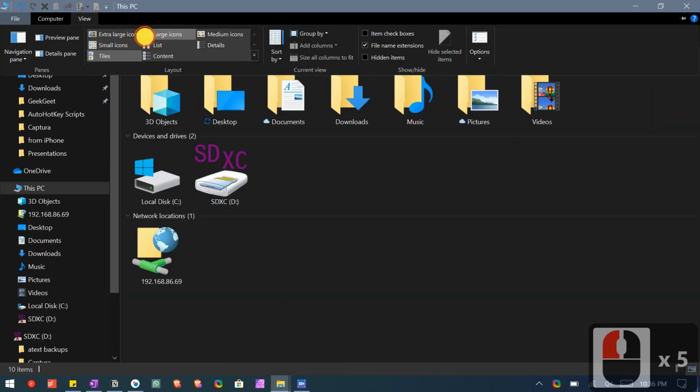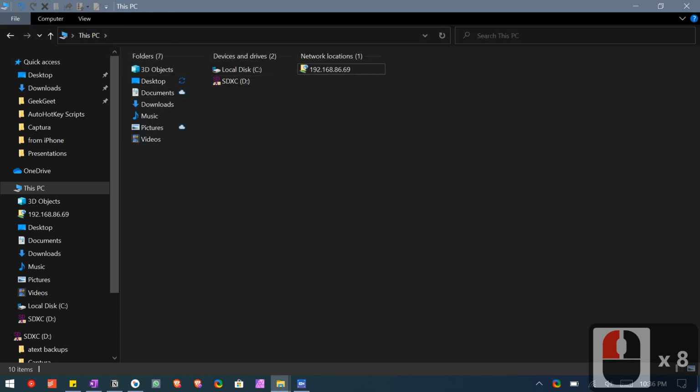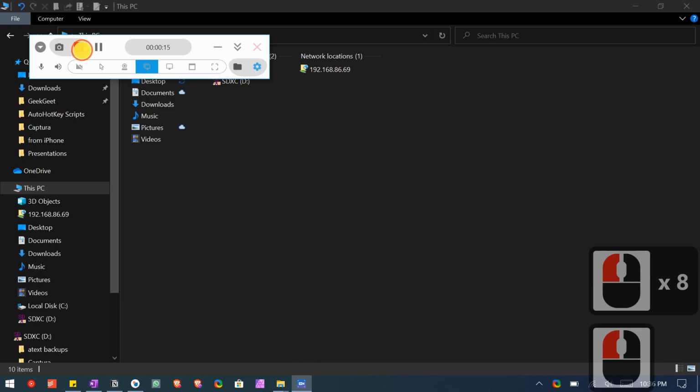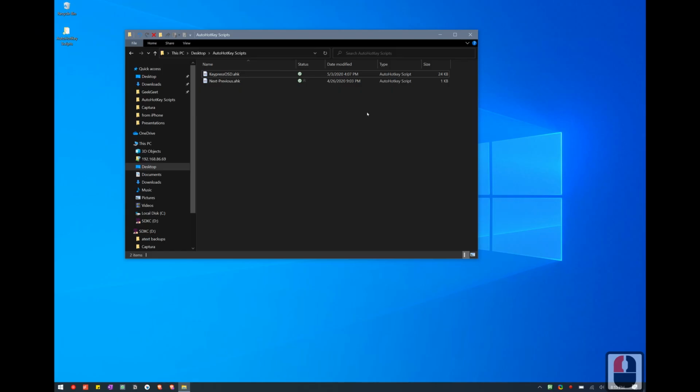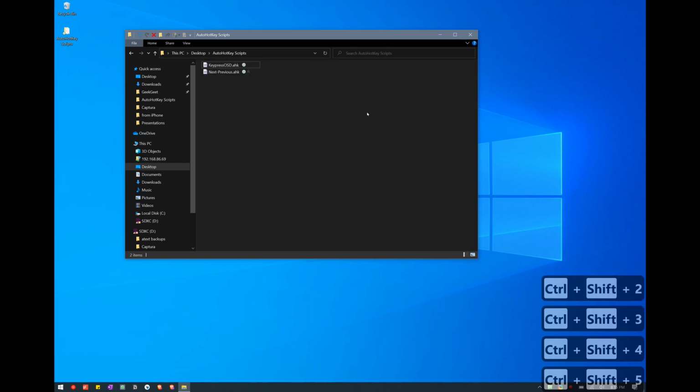But that raises another concern, because when you hide the menu tabs, you might notice that it has become harder to switch between different styles of views on your Explorer. But in order to quickly change the size of your icons, you can hold Control on your keyboard and scroll with your mouse to slowly increase or decrease the size of your icons. And if you want one of the standard sizes for your thumbnails, you can switch between multiple views using Control Shift and number 1 through 8, 1 being the large thumbnails option and 8 being the content view.